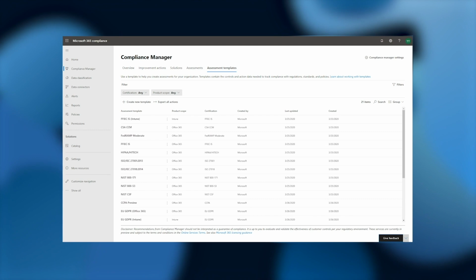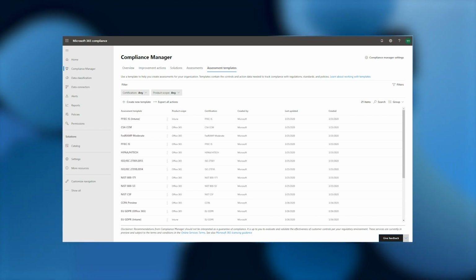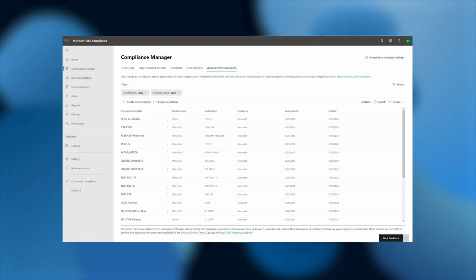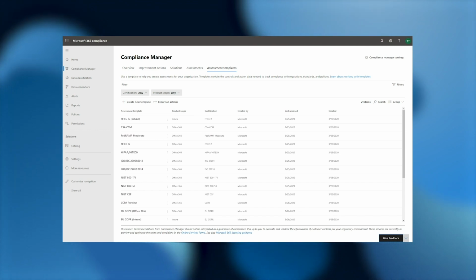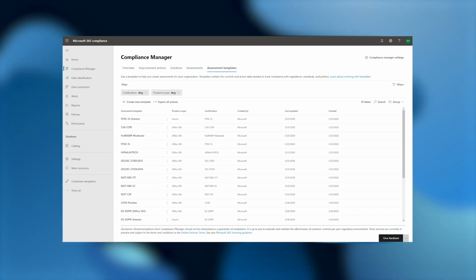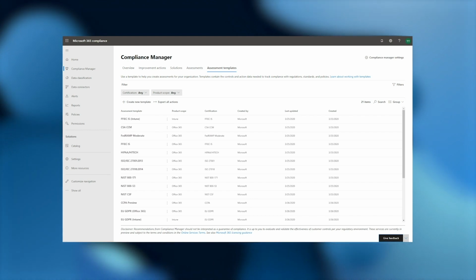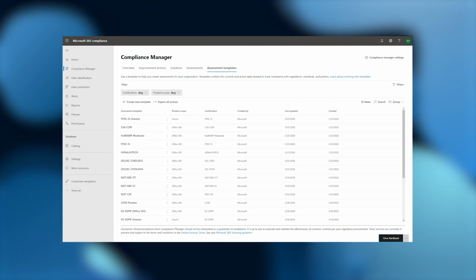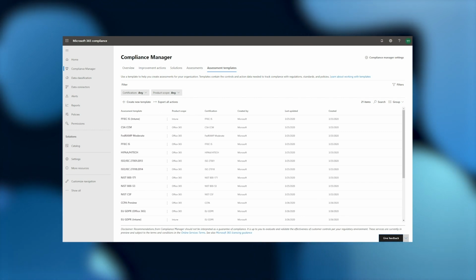However, if your organization has unique compliance requirements that require additional customization, our custom assessment functionality can be used to help meet your specific compliance needs. The two most common custom assessment scenarios are to add new controls and actions to an existing out-of-the-box assessment template, or to create a brand new assessment template to evaluate your compliance against a specific regulation or use case that we don't support today.